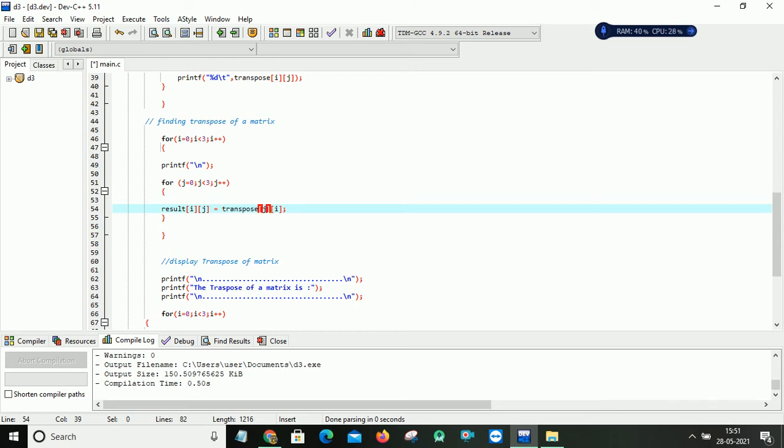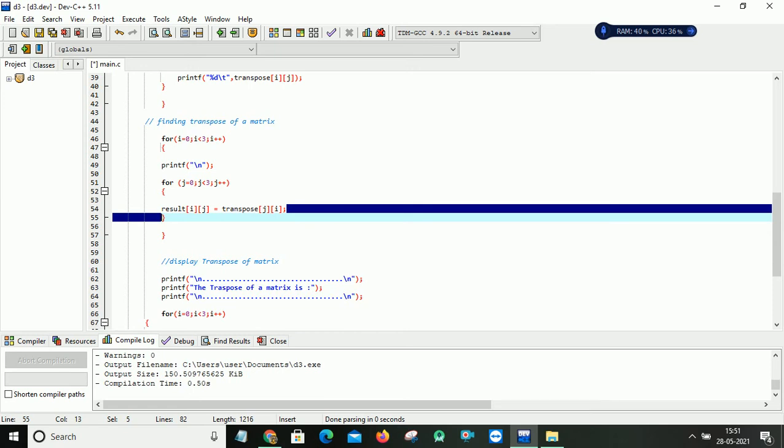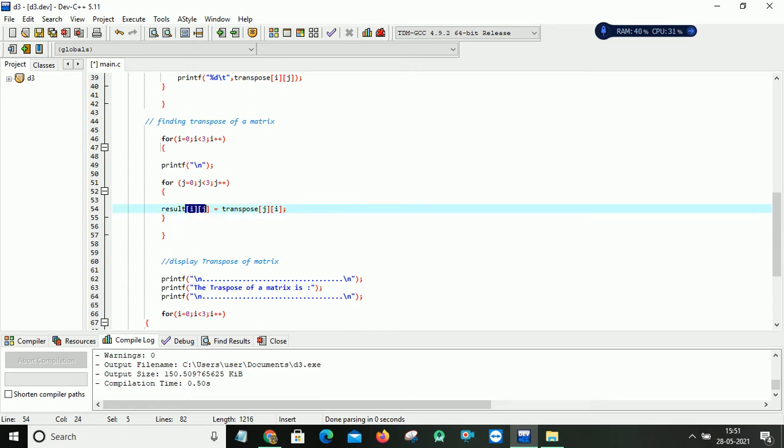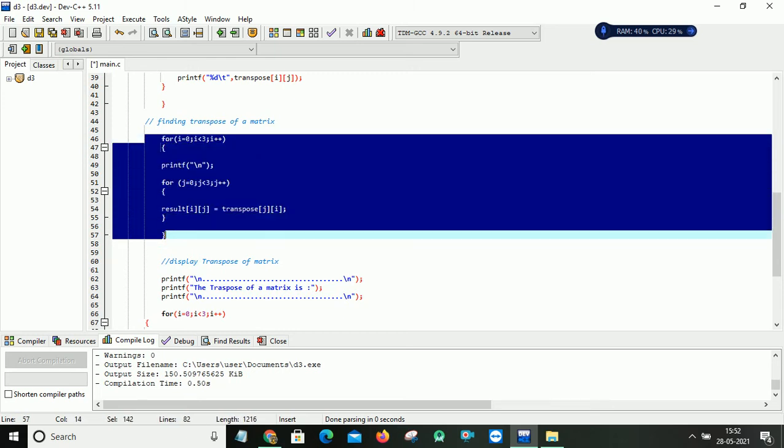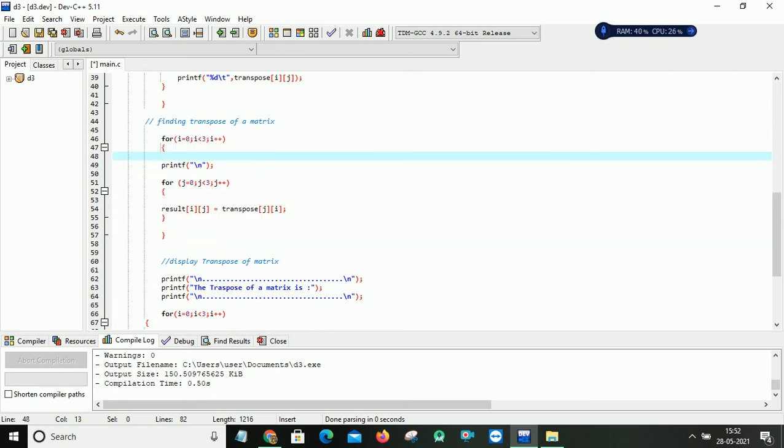Why I am writing this logic is, i j is the representation for row, column, and j i represents column, row. So my first row, first column is taken as my first column, first row value. I'll explain how this logic will happen. See, initially the value of i is 0.